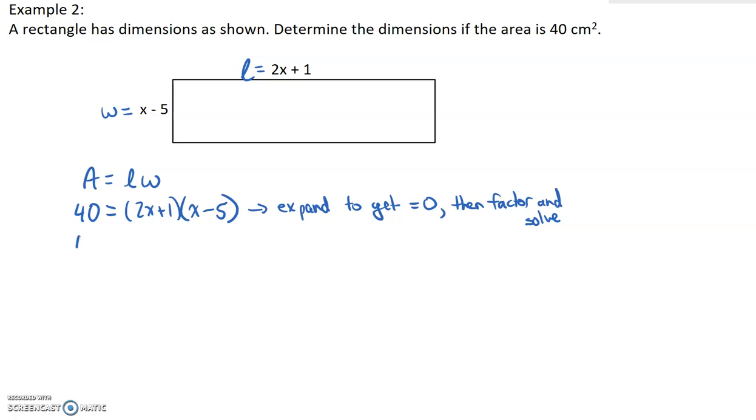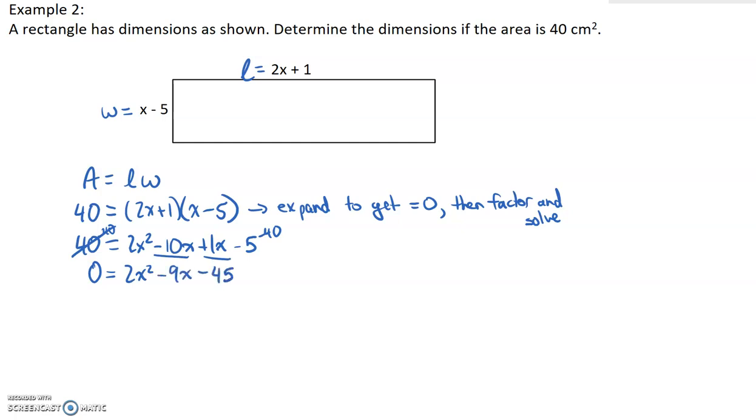All right, there we go. 40 equals, and if we FOIL this out, 2x times x is going to give me 2x squared. That's the first. Outside is 2x times negative 5, which is negative 10x. Inside, 1 times x is plus x. And last is 1 times negative 5, which gives me negative 5. Now, just like I did before, I'm going to collect the like terms. So I'm going to subtract 40 from both sides to get 0 on the left side, so 0 equals, and then I collect the like terms: 2x squared minus 9x